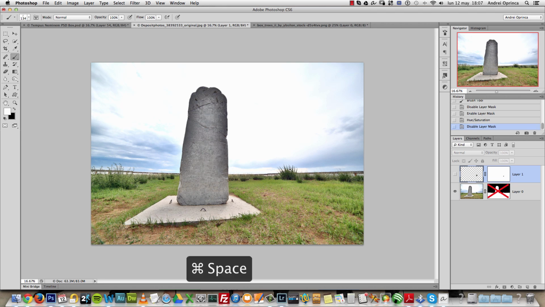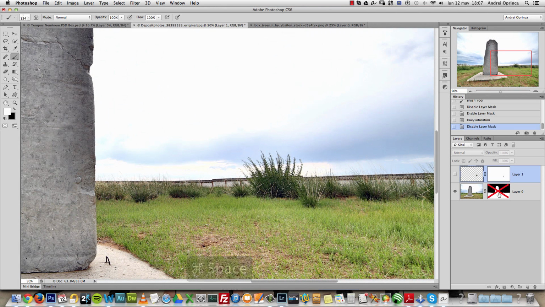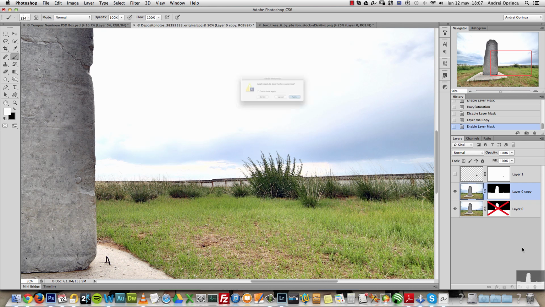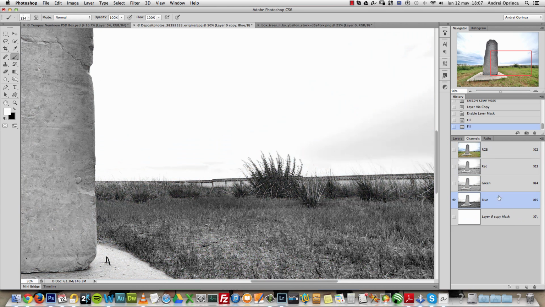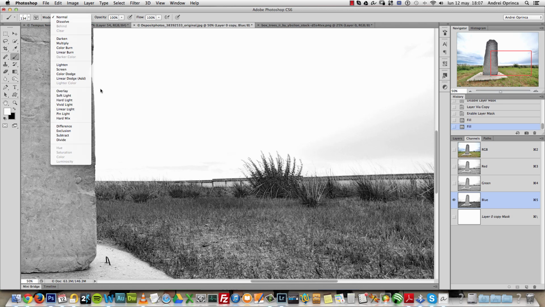Another way, if you want to keep these plants, you can use, let me duplicate this and show you the way I did it. Well, actually I'll refill this with white, like that, and select this. And I think I used calculations. Let me go to the channels first and select the blue, because the blue channel is what gives me most contrast between the background and this plant here. And I'll go to Edit,